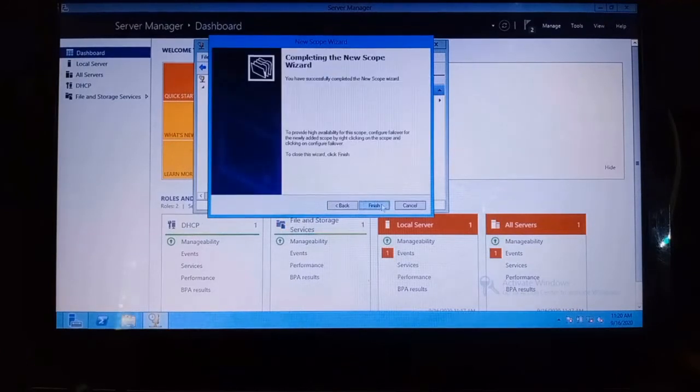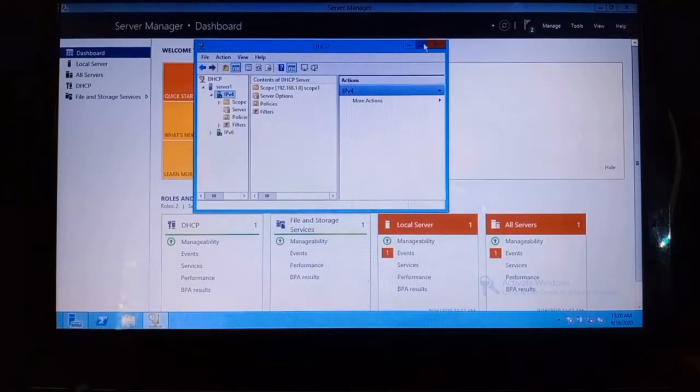proceed, and then finish. So right here we could see that